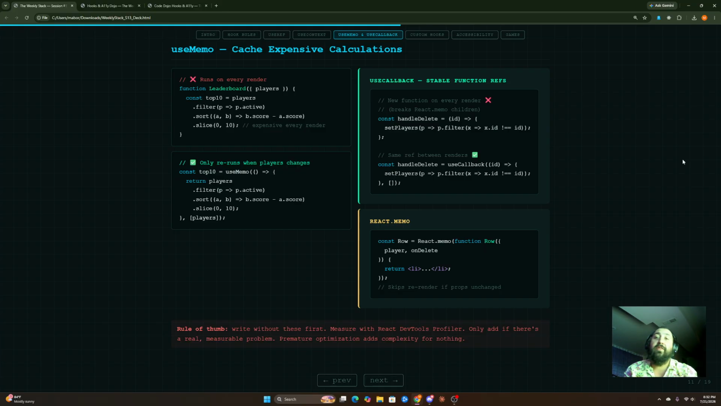So without React Memo, PlayerRow re-renders every time the parent renders. With it, React skips the re-render if player or onDelete are the same as last time. This is where useCallback pairs with React.memo. You have a stable function reference and a memoized component, which means you have no